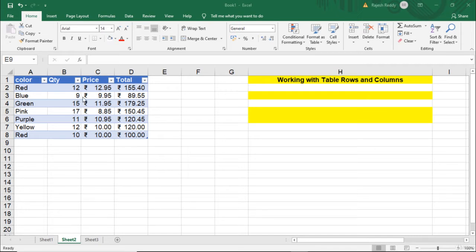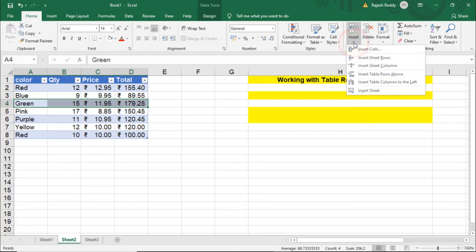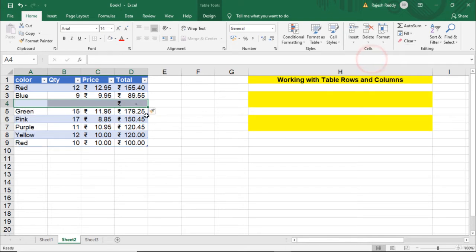Okay, first select any row. So I want to insert a new row at this fourth position, so that's why I'm selecting this fourth row. Once we have selected this fourth row, just click on this insert menu. It will show various options. So in these options we select the insert sheet rows option. Click on this. See, automatically a new row is inserted in this particular